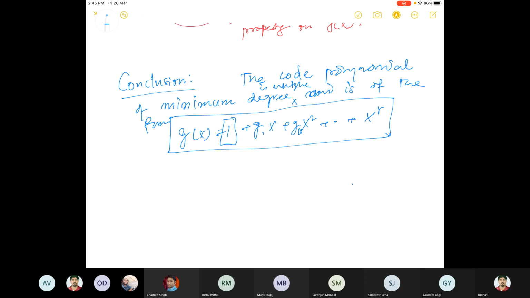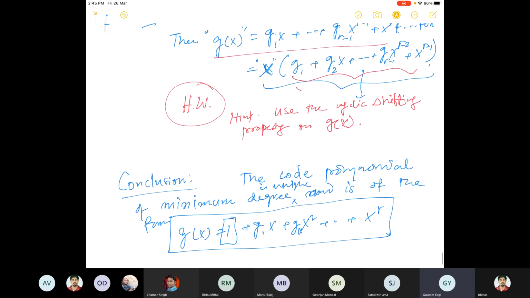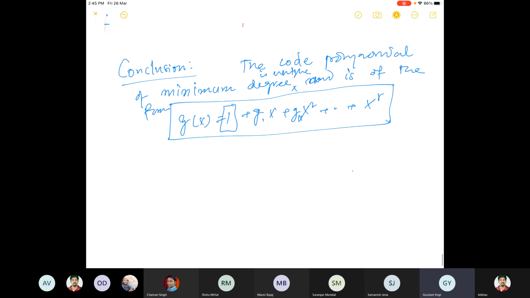The first coefficient is 1, and this is unique. Now, let us consider some other polynomials which are generated from it. In the above, if we make one shifting, then we can get the above. Yeah, that's the answer, but you don't have to explain that. What you said is correct. I just want you to think about it for others.